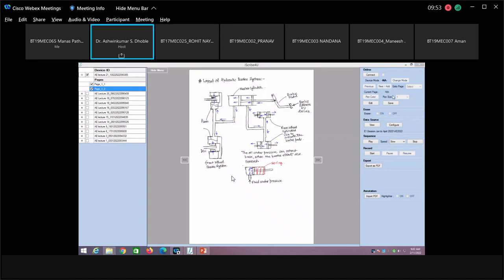About the layout of a hydraulic brake system, where we have seen that you have to have the master cylinder, and then we had a short... There was one question which was asked to me: Sir, are there any different kinds of fluid which we have to use? So I just wanted to share with you that